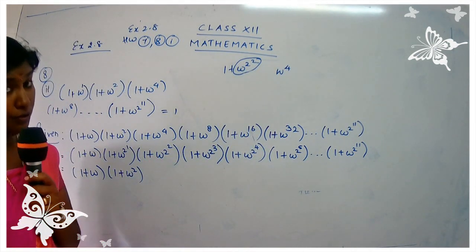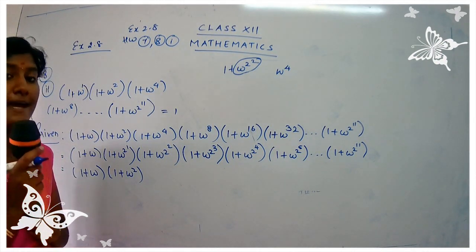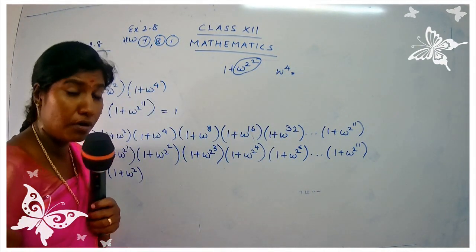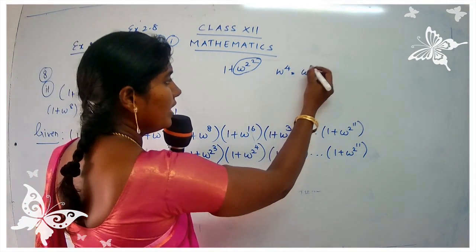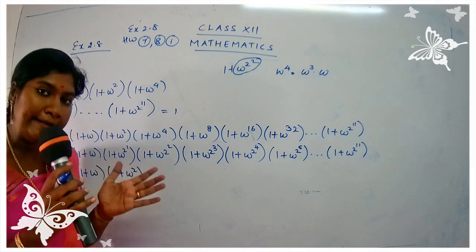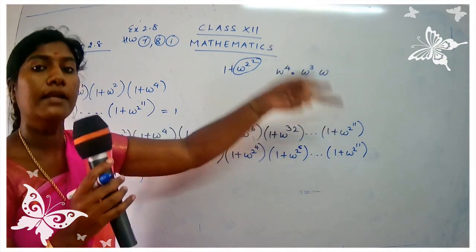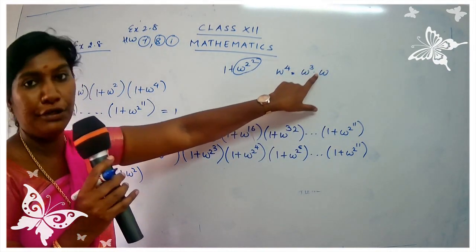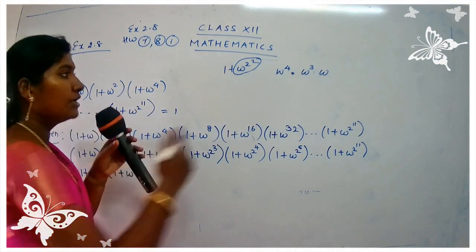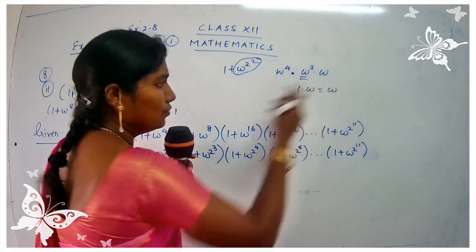We have simplified omega raised to 4. We know the value for omega cube. What is the value for omega cube, children? It's 1, yes. So how are you going to write down omega raised to 4? Omega raised to 4 will be written as omega cube into omega. Are you clear? So how have I split it? I have split 4 as 3 plus 1. 3 plus 1, that is omega cube into omega. 3 plus 1, so you get 4. So I know the value for omega cube. What is the value? It's 1. So 1 into omega gives you omega.